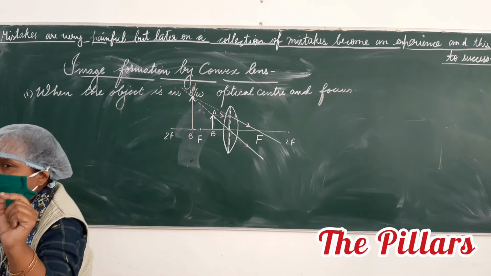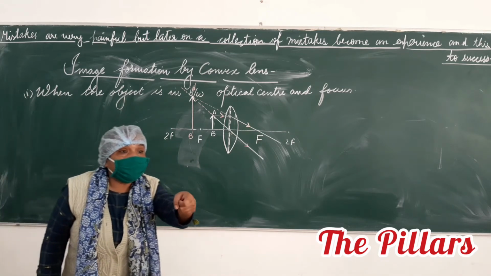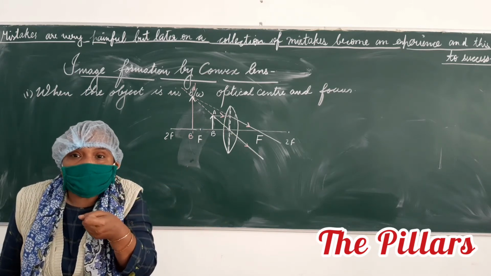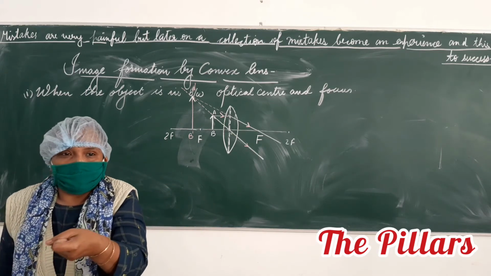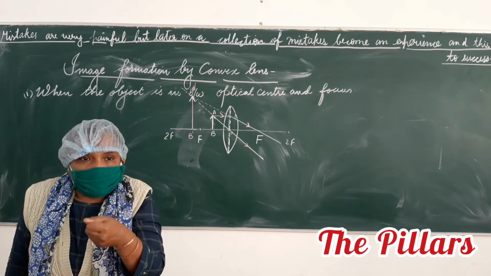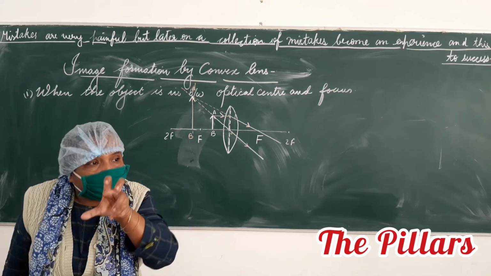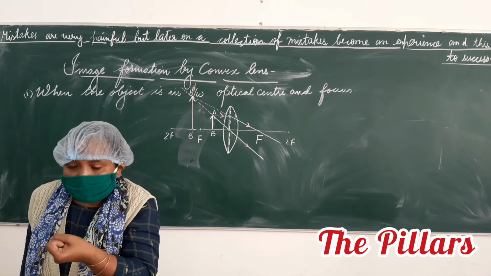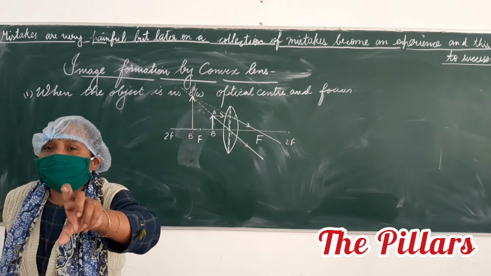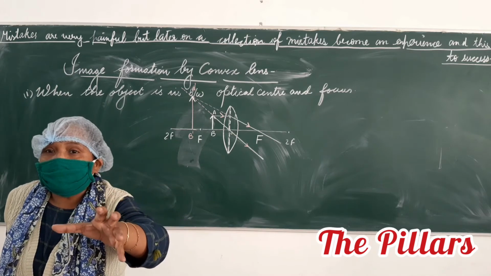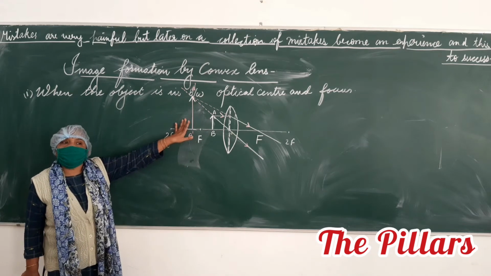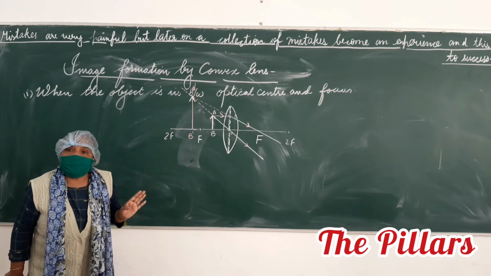A simple application of this is the magnifying glass. You must have seen your grandparents using the magnifying glass to read the newspaper. What is the concept behind that? You have a holder with a convex lens fixed in it, and you keep that magnifying glass very near to the newspaper. What happens? Which concept? The object is between the optical center and focus. Thereafter, a virtual and enlarged image is formed. Clear to everyone?